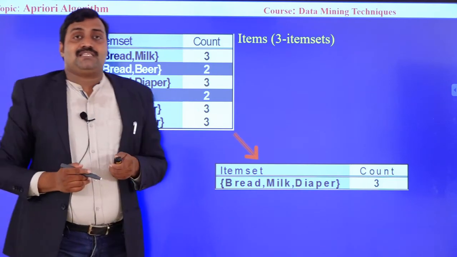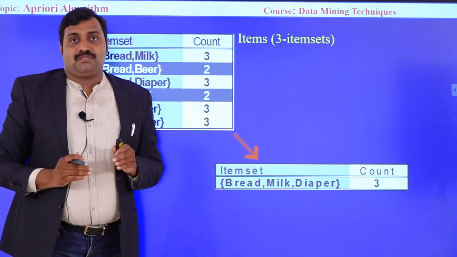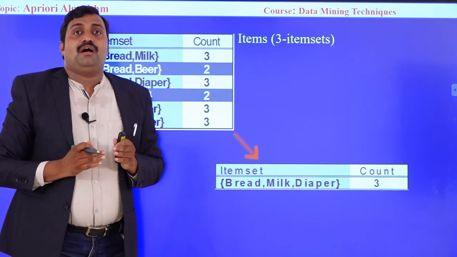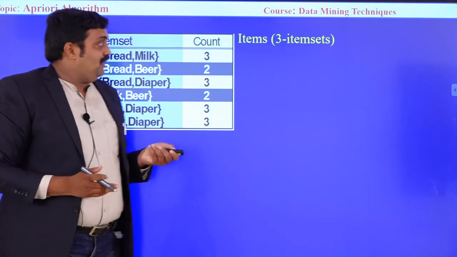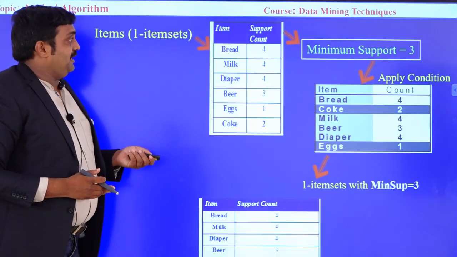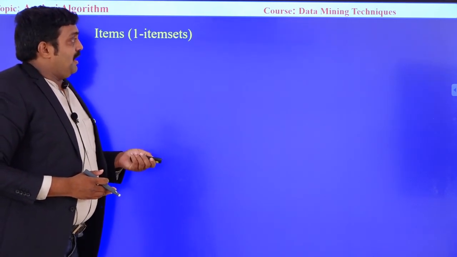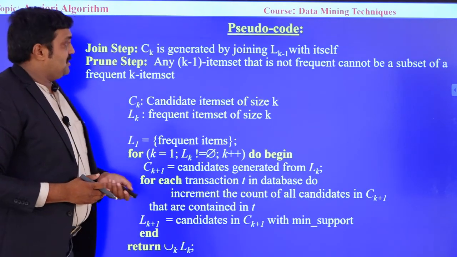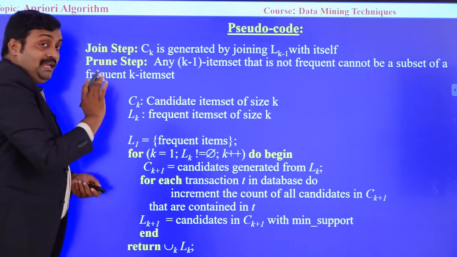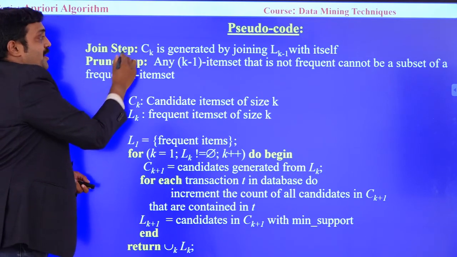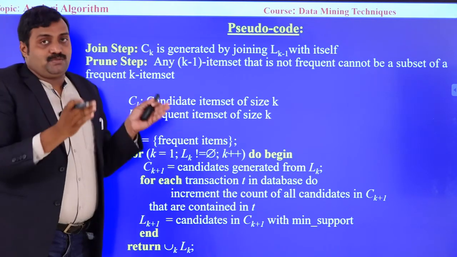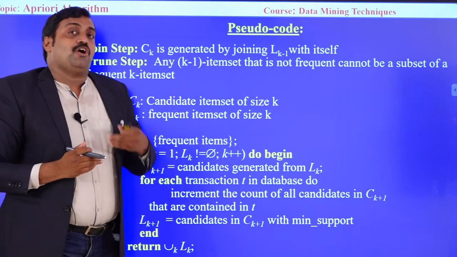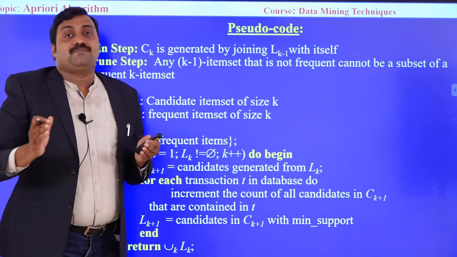Okay. Like this we are able to identify the frequent items in a given transaction database. This is what the Apriori algorithm is. So what we learned today is a very simple thing: what the Apriori algorithm is and how we identify the frequent items. The Apriori algorithm takes 2 steps mainly, the joining step and the pruning step. Joining is nothing but the combination of items, item with item, and pruning means applying the minimum support and confidence to eliminate the infrequent items.